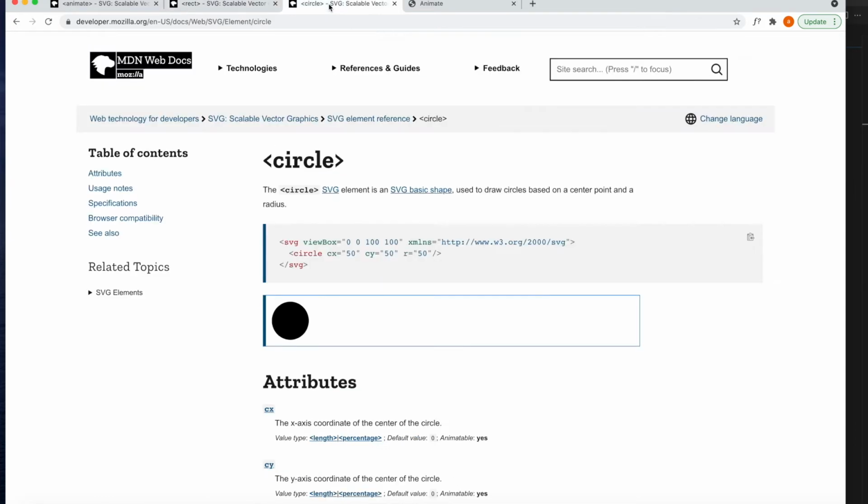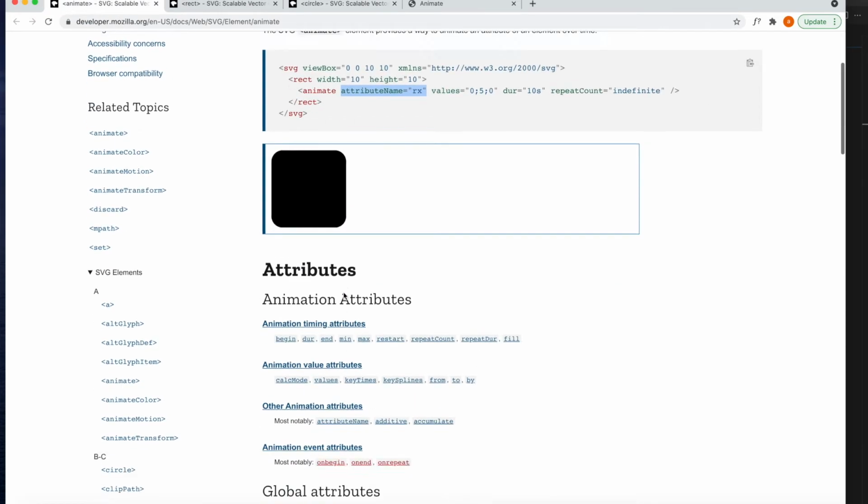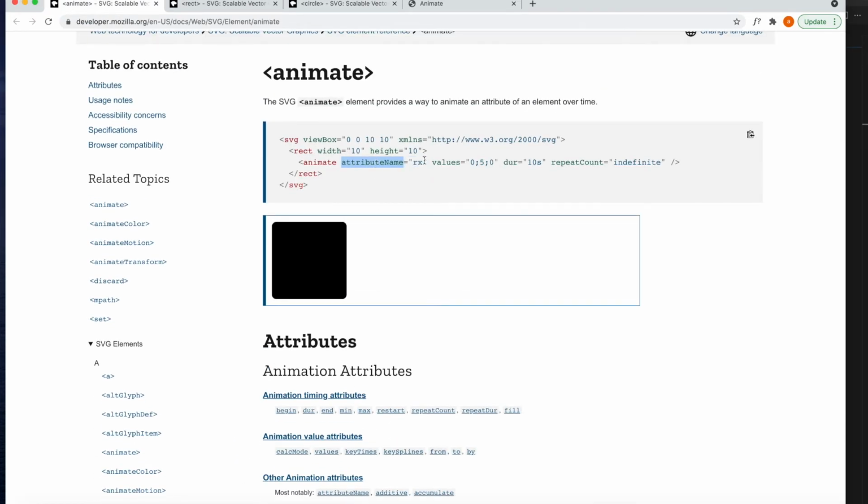Okay, so they are trying to animate the rx property. They are specifying the values as well. They are specifying values in three breakdowns: initially it will be 0, at halfway it will become 5, and at the end of the animation it will become 0.